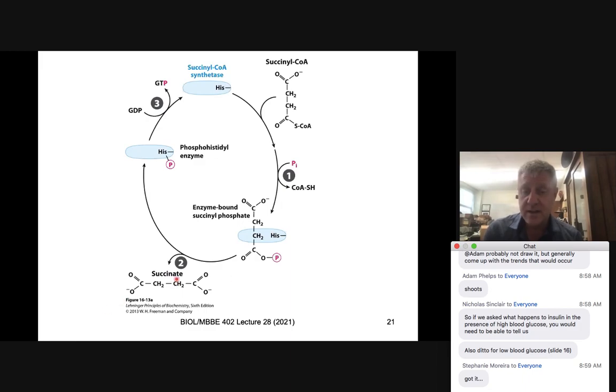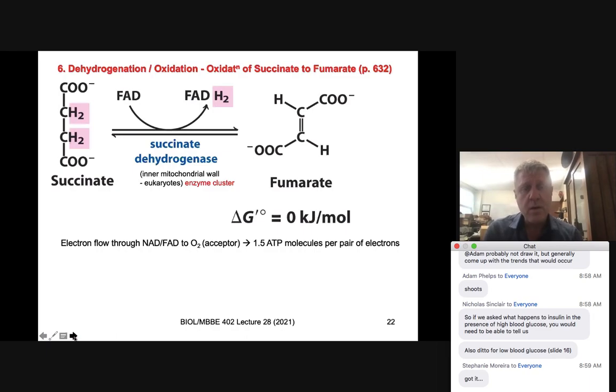So succinate is a symmetrical molecule, as we will see. We're going to go through from succinate to fumarate, a reversible reaction with the succinate dehydrogenase complex. Now this one is actually an enzyme cluster, and it's usually found in the inner wall of the mitochondria. So again, we're going to have some membrane spanning proteins anchoring this particular enzyme system in there